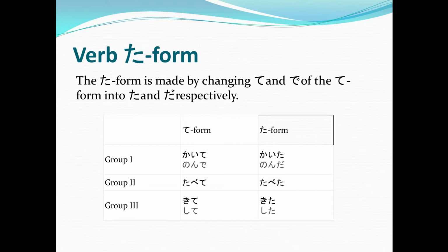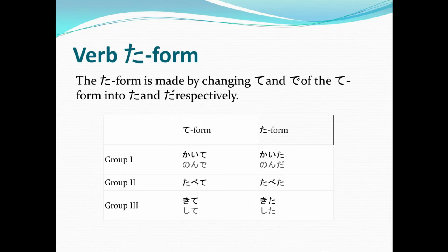For example, tabete, which came from the word tabemasu, or to eat. Tabete is the te form, the ta form would be tabeta. As easy as that. Like for mite, to see, in ta form it will be mita. Then lastly, in group 3, kite, which came from the verb masu form kimasu, the ta form will be